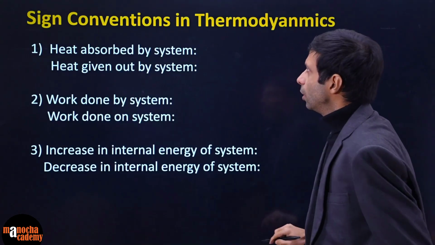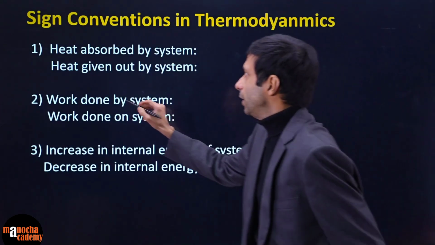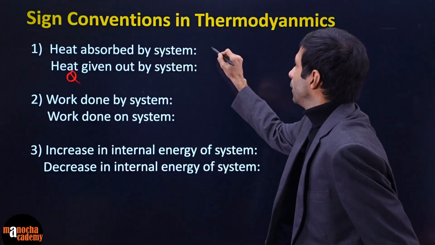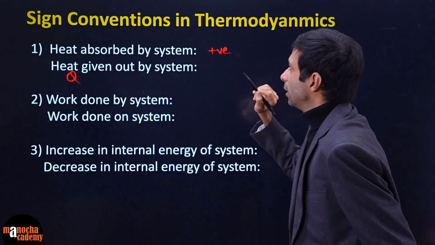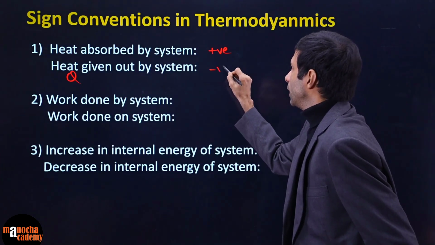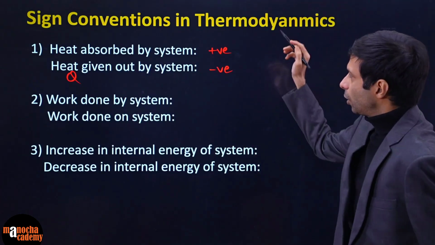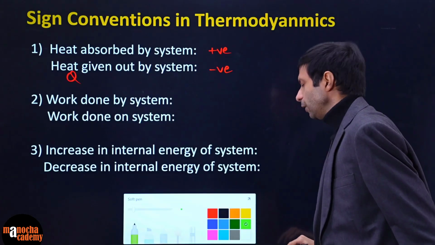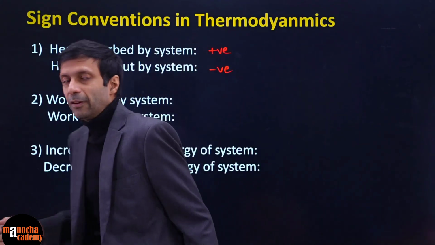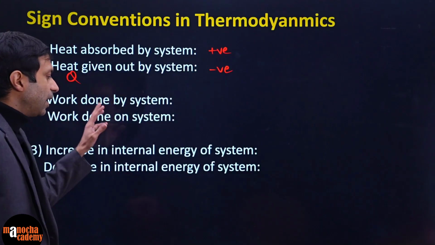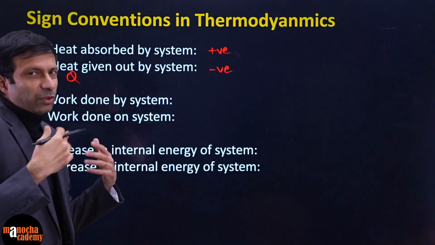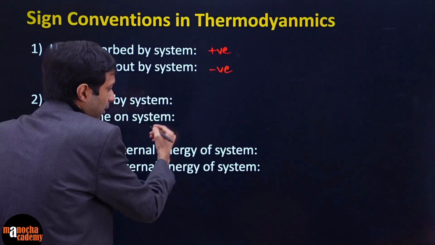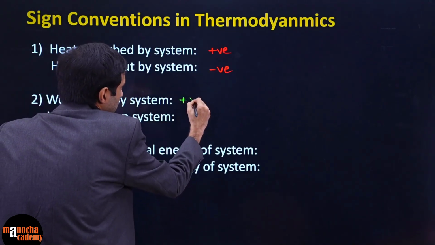They said that when heat is absorbed by the system, so that Q term, when heat is absorbed by the system, we will take it as positive. Okay. When heat is given out by the system, we will take it as negative. So heat absorbed positive, heat given out negative. Work done by the system. So this is where the physics differs from chemistry. In physics, we say work done by the system, right? Because in physics, we're designing machines which will do work, right? So that work done by the system is considered as positive.